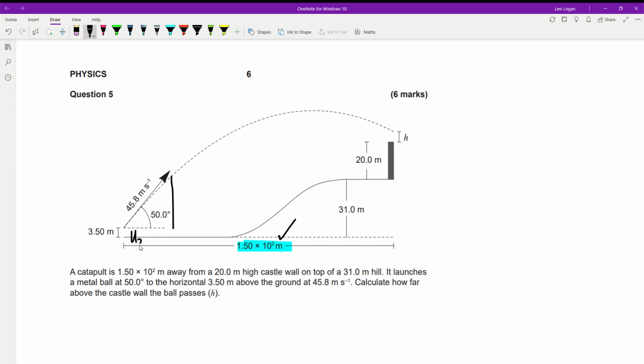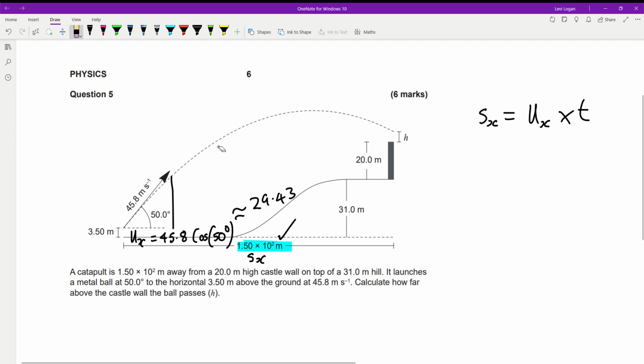So this would be u of x. So this would be 45.8 cos of 50 degrees, okay? So here we also know what our s of x is, okay? Because there's no acceleration in the horizontal direction, we can work out the time of flight using this equation here. So the horizontal distance is equal to the horizontal velocity of the object times the time of flight, okay? So here, we can just chuck that number into the calculator, so 45.8 cos of 50, and that's going to give us approximately